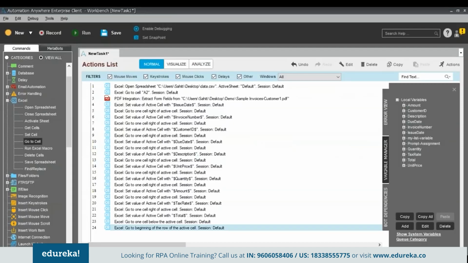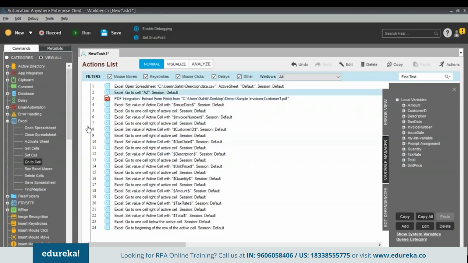So that's how you can do it. Since I was saying that we want to extract data for n number of documents, if you observe in our PDF integration file, you would see that we've mentioned the path for a single PDF file. So that means this automation would work for only this particular file, right? So if you want to automate it for a specific number of files, what you have to first do